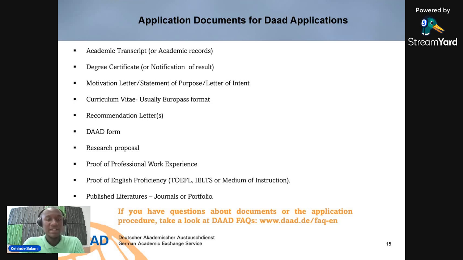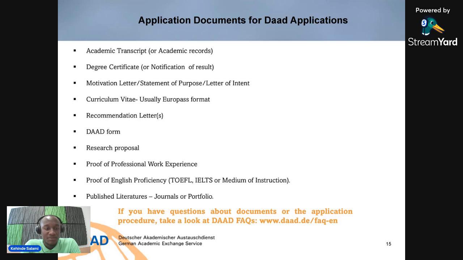And so to the next segment, these are the application documents. For that application, you need certain documents, and these documents can vary depending on the program which you're applying to. First of all, which are very common, your academic transcripts. This shows your history from your undergraduate, from your first year to your final year.